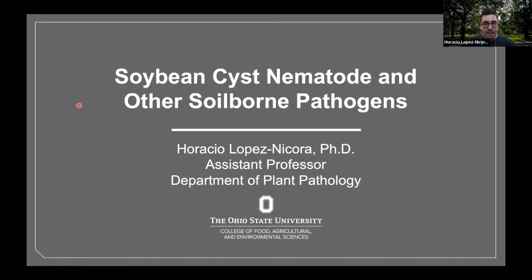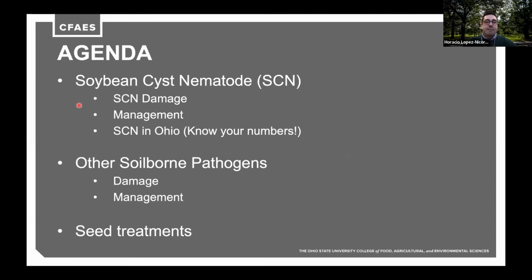So let's go ahead and start with what I have planned for today. We're going to talk first about the Soybean Cyst Nematode and understand a little bit of the biology of these pests to understand how we are losing yield. We're going to talk a little bit about the integrative management that we propose to mitigate the problems that this pathogen causes. We're going to talk a little bit about the status of Soybean Cyst Nematode in Ohio and learn a little bit about